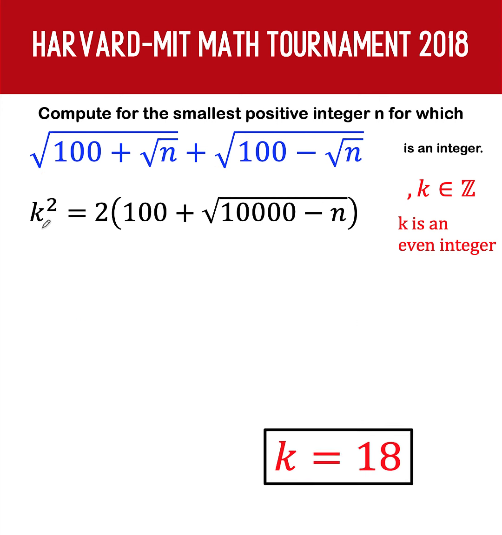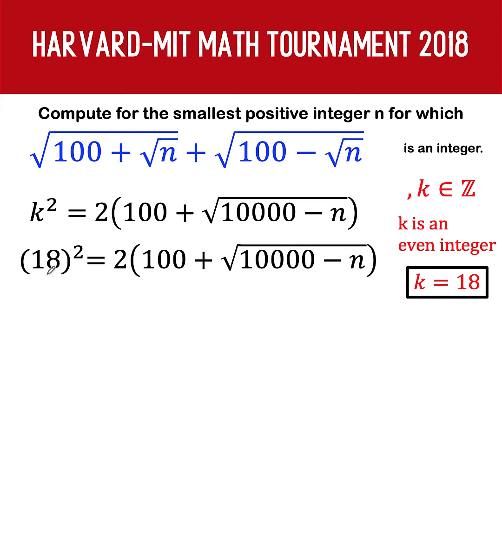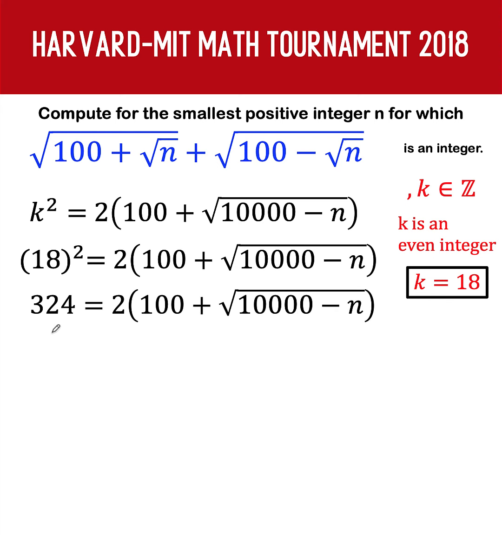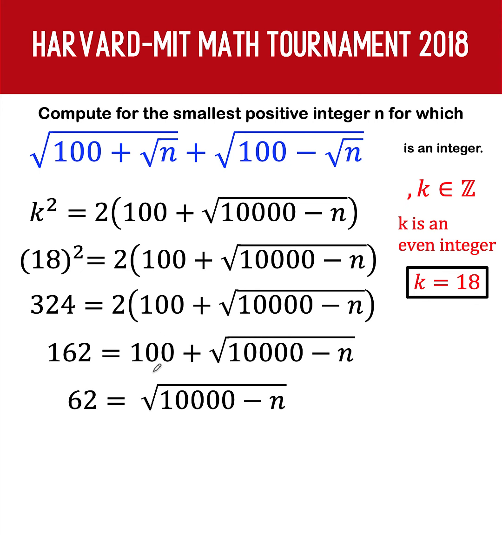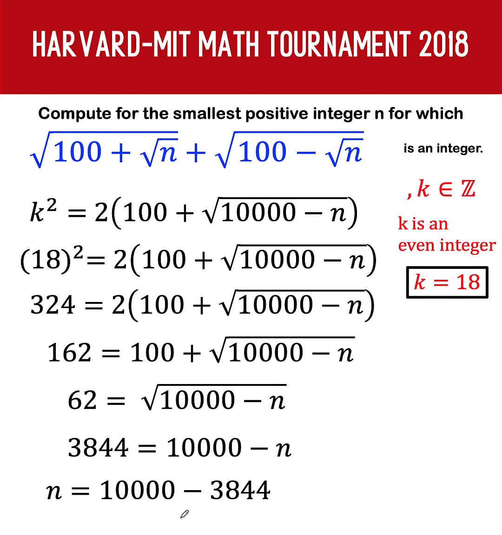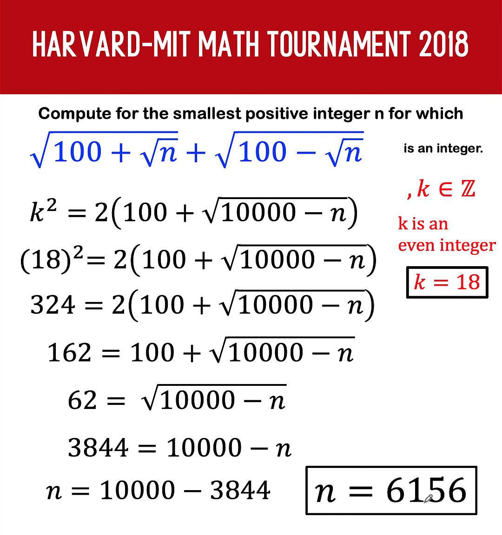So here is now the result. Substitute 18 for k. Simplifying, 18 times 18 is 324, copy all the rest. Then divide both sides by 2. We subtract 100 from both sides, and we square both sides to eliminate this radical symbol. 62 squared is 3,844, and we eliminate the square root symbol. Then rearranging to solve for n, n is equal to 6,156. And this is now the solution to this problem. Notice that we are solving for the smallest positive integer value of n, and that smallest positive value for n happens to be